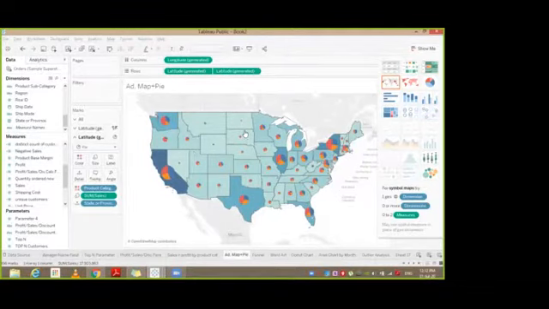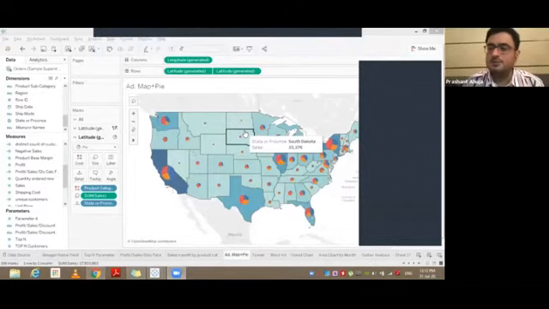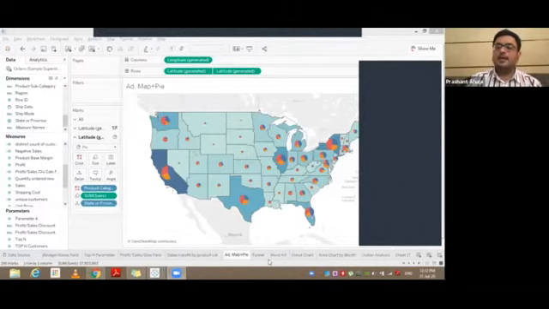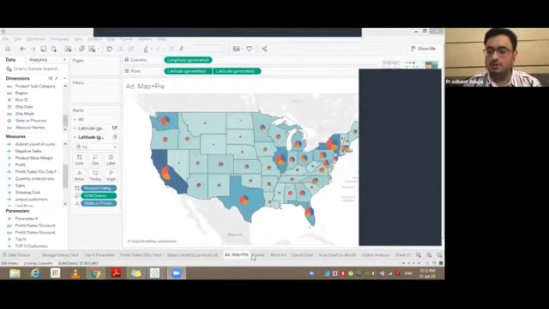So Tableau Public is the best way to learn things, just be sure to not upload any sensitive data, because this can be viewed by anybody who joins the community. So in case you have any further doubts, I'll share my email ID, ma'am. Just give me the snapshots and I'll look deeper into what the issue is. So in the interest of everybody, let's move to the next tab.